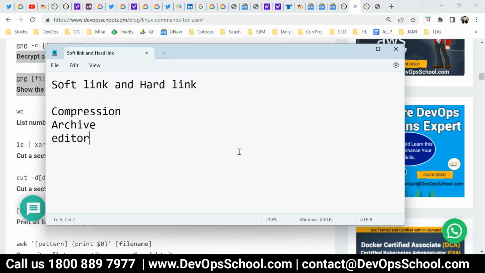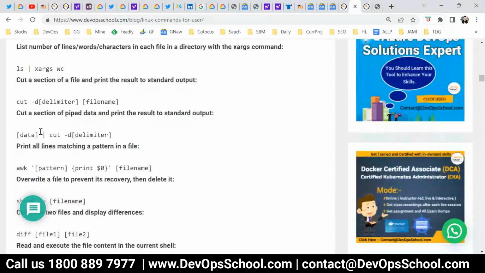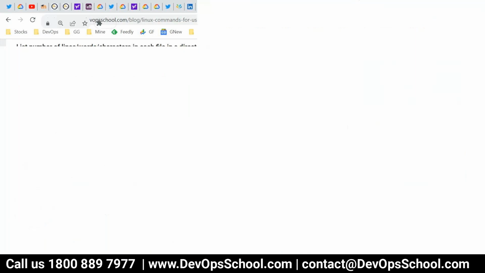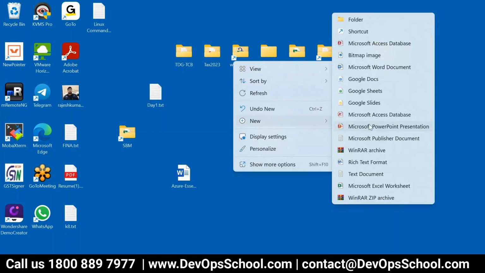Okay, so that's one. Now the cut command is basically like cutting certain content from a file, by a certain pattern. I'll put it this way. There's one Excel sheet, I'm giving you an example.